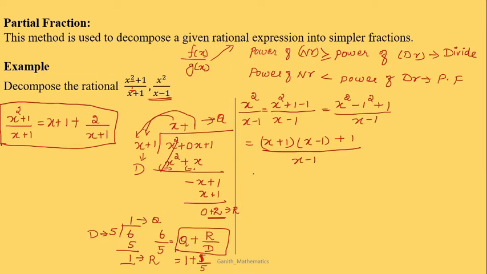In this, x minus 1 is common, so x plus 1 divided by x minus 1, that means x minus 1 is in the numerator also, the first term. The second term is also x minus 1. So now this term will get cancelled. So this will be x plus 1 plus 1 by x minus 1. Okay.